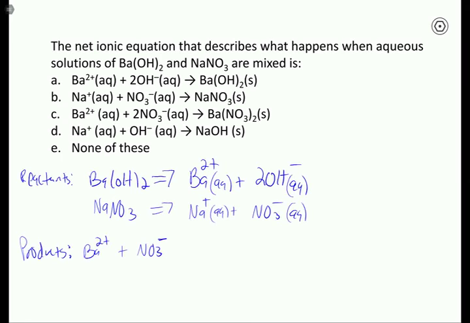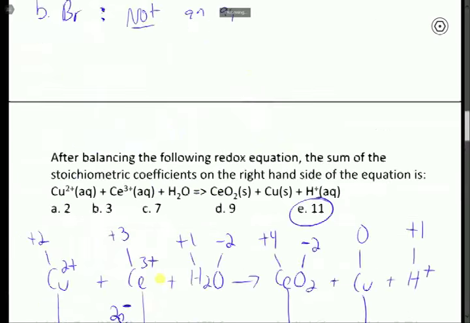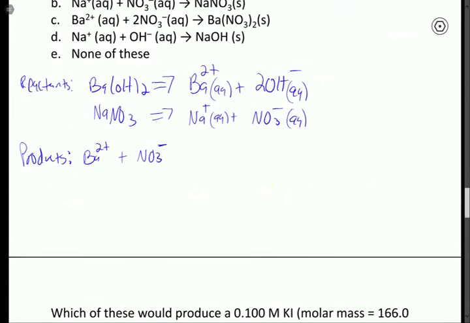It would be helpful to balance the reaction at some point, but we don't need to right now. And that means one of our products is going to be barium nitrate. And then our other product, we're going to take the anion from the first reactant and combine it with the cation from the second. So our Na+ is going to combine with OH-